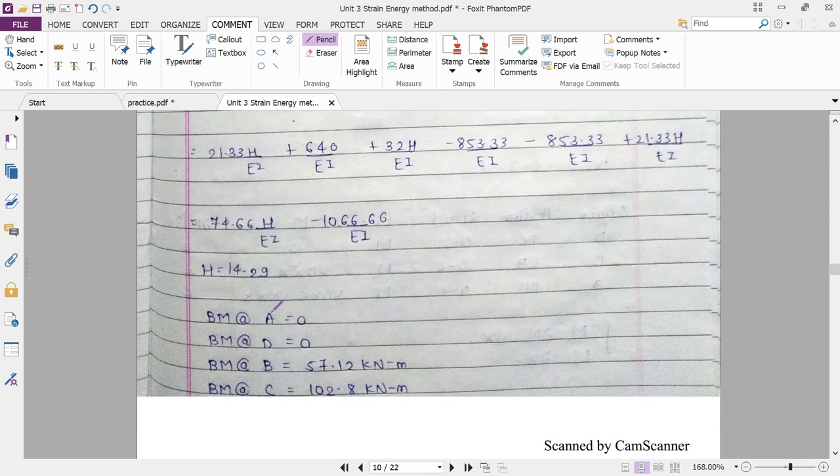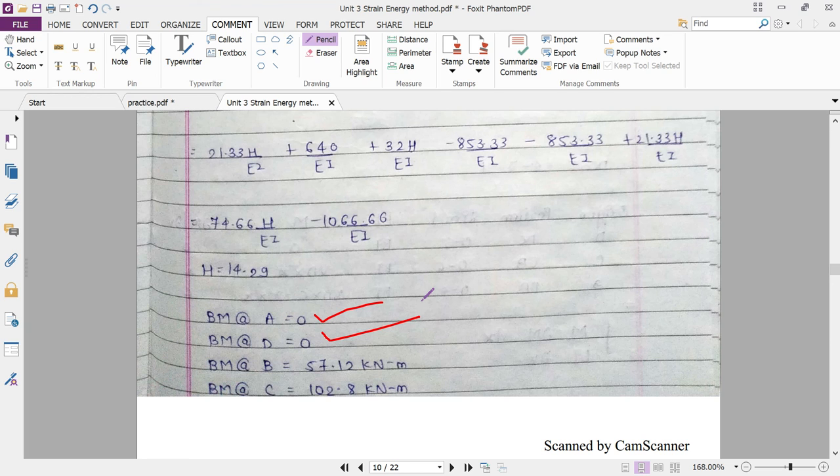Now accordingly, bending moment at A and D we can calculate. A is 0 always, D is always 0. I have already told you that whenever a hinge support is there, there will be no moment at all. Always at a hinge support there will be 0 moment. Moment will be developed only on the fixed support, not on the roller support, not on the pin support, not on the hinge support. As in our numerical there is a hinge support, therefore the bending moment at A and D will be equal to 0.